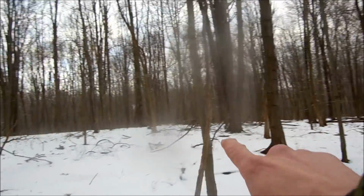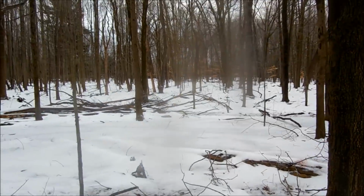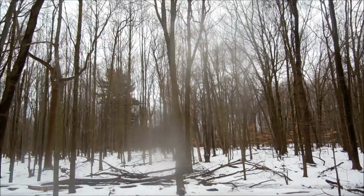So I made a big old loop. Since I know they're over there, I came all the way over here and then wrapped around and came back, and now we're coming up to the trail campsite. So I know they're over there. I just ran a big old loop around them, and if they hear me messing around over here, they're gonna go right back up to where they were bedded down at, right into that snare. They're gonna smell that molasses and apple I put out. Coming up through here,